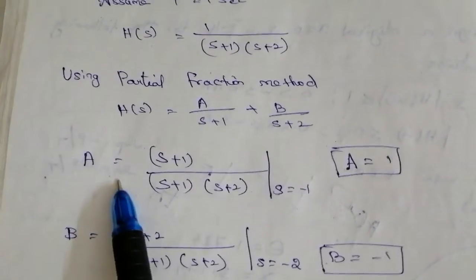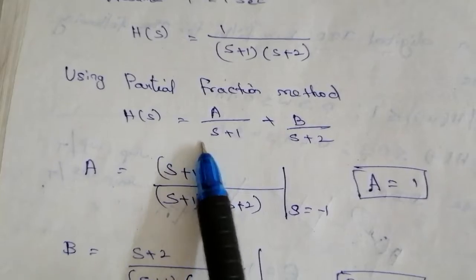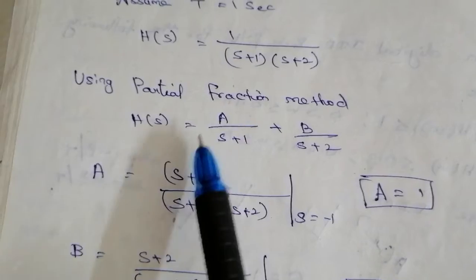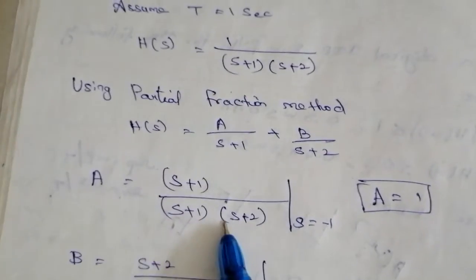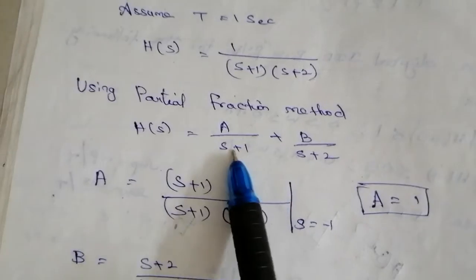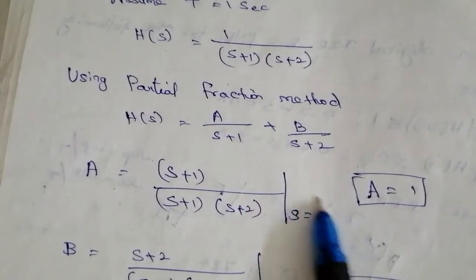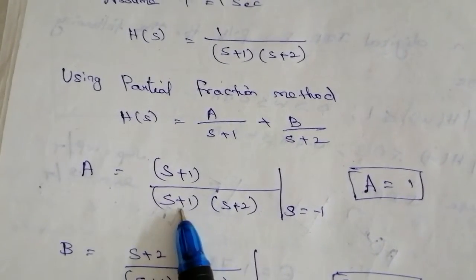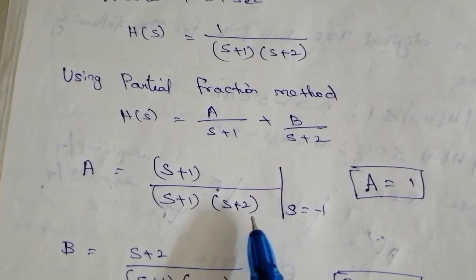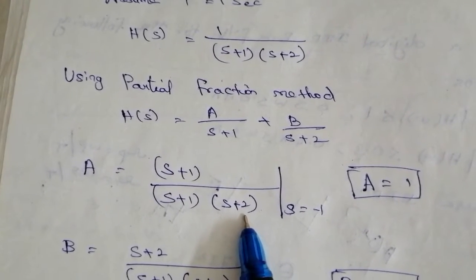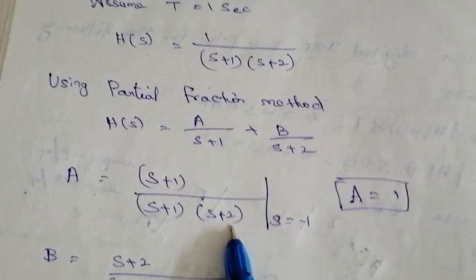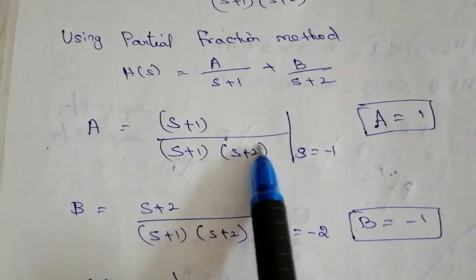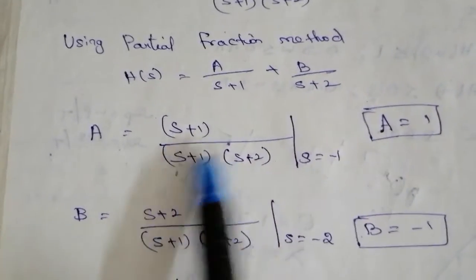So next to find the A and B value. For that, A equal to, the denominator of A factor is s plus 1, so we have to multiply (s plus 1) with this term (s plus 1)(s plus 2), where s plus 1 equals zero, so we have to take s equal to minus 1. Now substitute s equal to minus 1 in this equation. Minus 1 plus 1 cancel, so the remaining is s plus 2, right? So this two term cancel, so here s equal to minus 1 plus 2 means plus 1, so 1 by 1 becomes 1, so A value is 1.